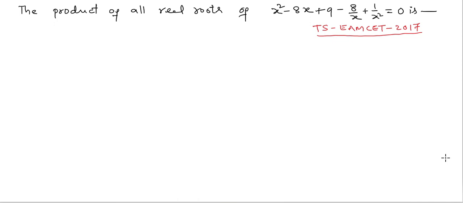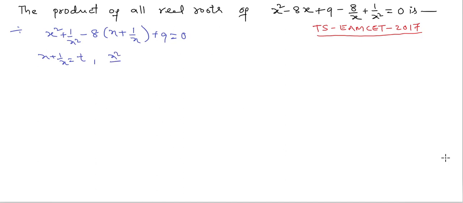The product of all real roots of x square minus 8x plus 9 minus 8 by x plus 1 by x square is equal to 0 is. So here the given equation is: write down x square plus 1 by x square, and take minus 8 common, that is 8 into x plus 1 by x, plus 9 is equal to 0. Here let us take x plus 1 by x is equal to t,